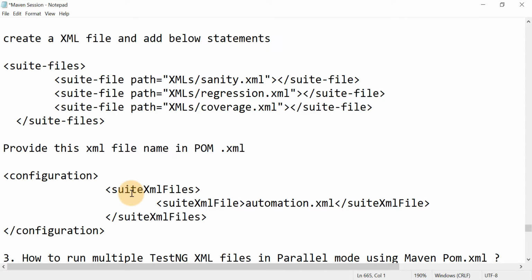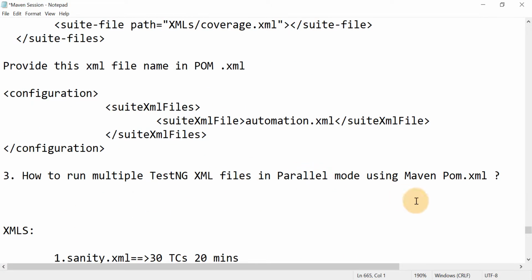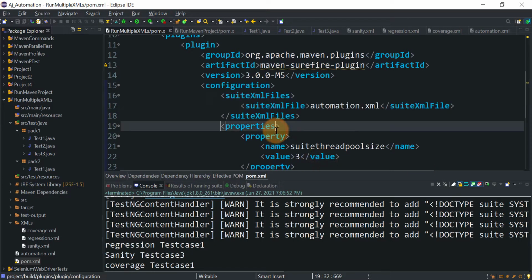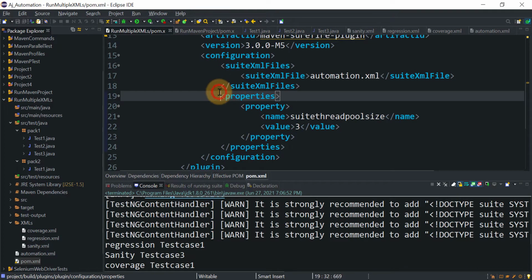Like this, you need to provide this testng XML file under the pom.xml file. And how to run in parallel mode, you need to do the same setting, only one more property you need to add under the properties tag.